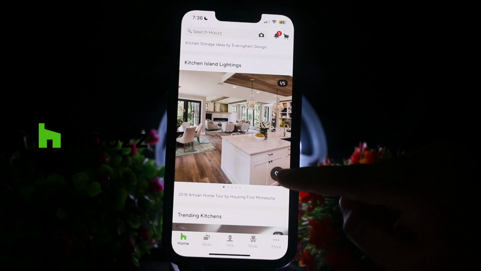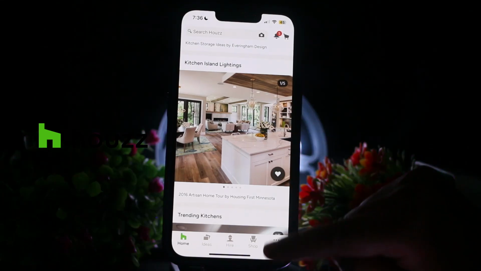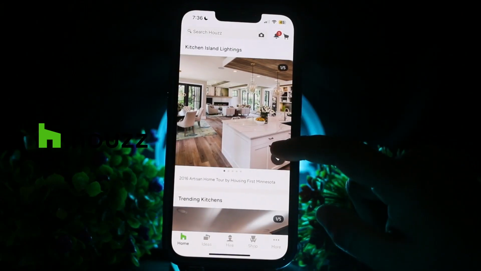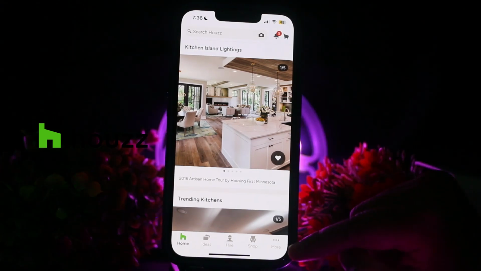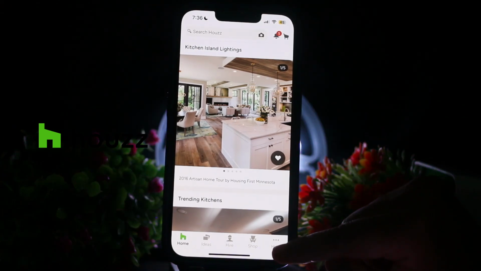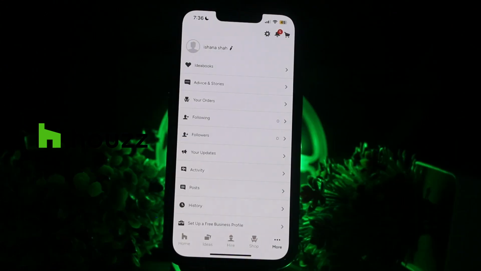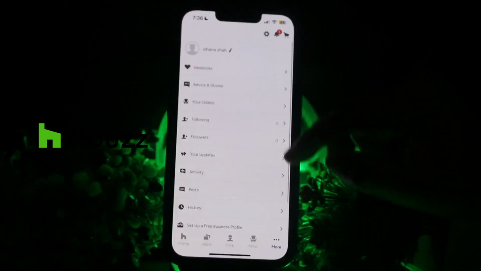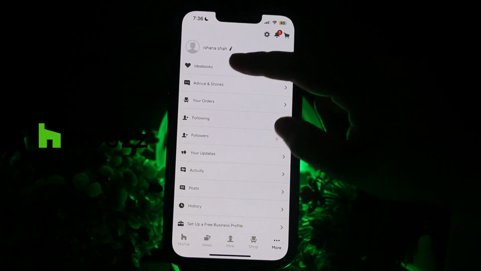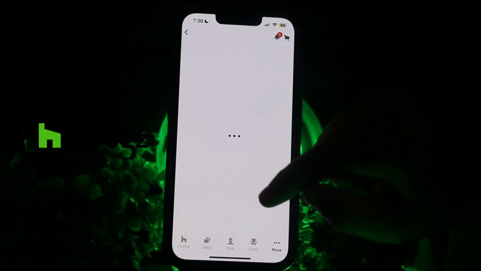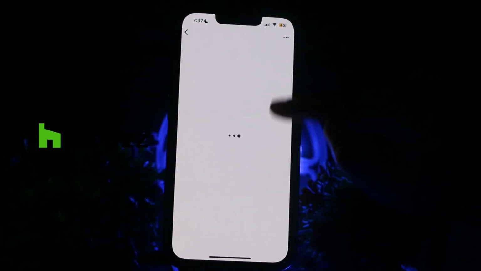So we can simply click on this heart option, and after that this design will be listed in your idea books. For that, you need to click on the option More, which is listed at the very bottom right of this page, and click on this three-dot icon. After that, your profile settings will appear. From all of this, you need to click on Idea Books, which is listed at the very top of this page. Click on the idea book and click on this wish list,